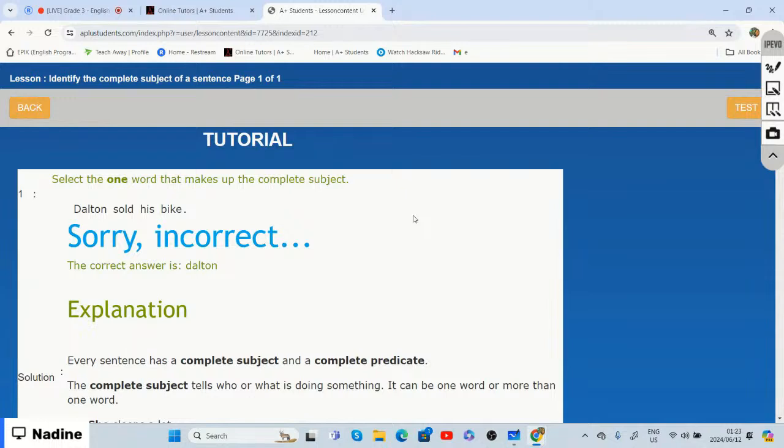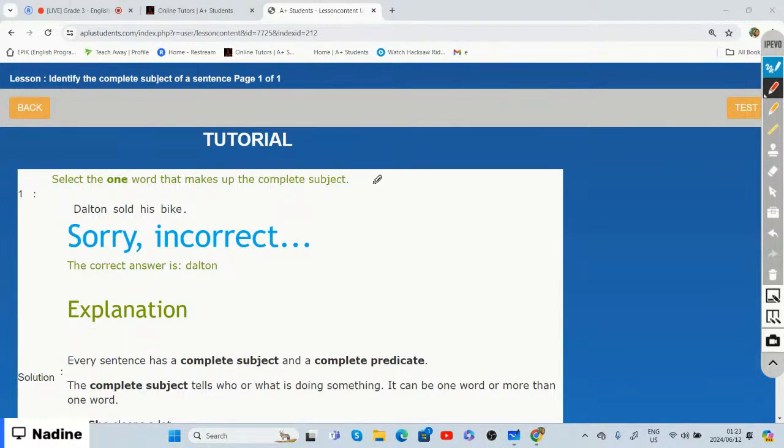So, what is the subject that we can identify within that sentence? It says Dalton sold his bike. What is the subject within that sentence? Yes, and if we were to identify what the subject is within the sentence, that tells us who or what is doing something,